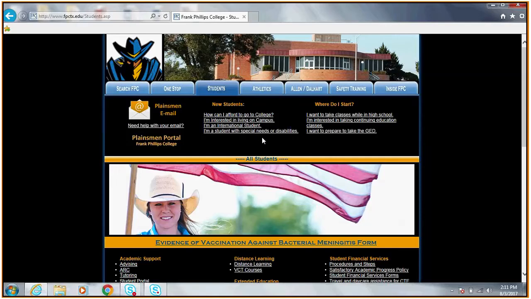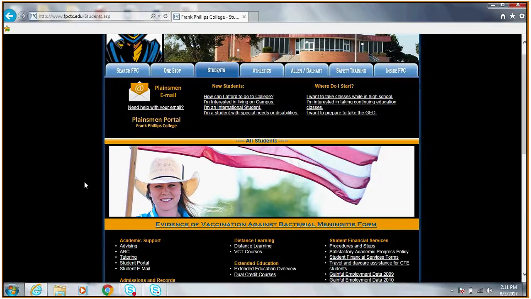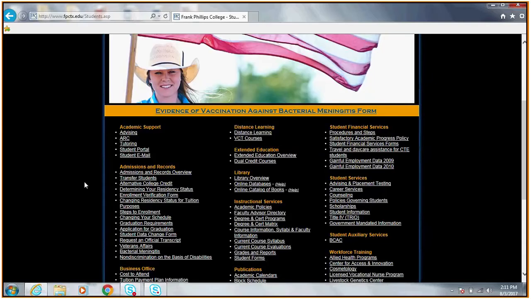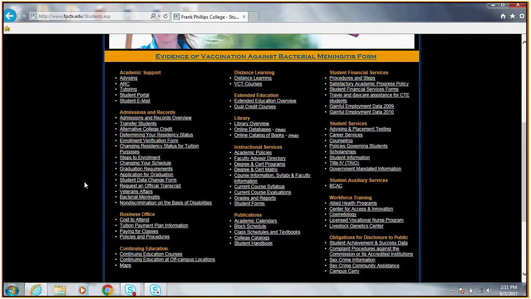If you're a new student, if you're an international student, if you have any sort of documented disability, or you need any accommodations, you can check this out. If you don't have your GED, we also provide that service. We do a lot of dual credit, so there's a place for dual credit. Up here at the top, it lets you know if you're new, and if you're not new, where do I go? And down here towards the bottom of the page is where most of our support services, our catalogs, our schedules, our student handbook, our housing handbook, all these kinds of things that we offer